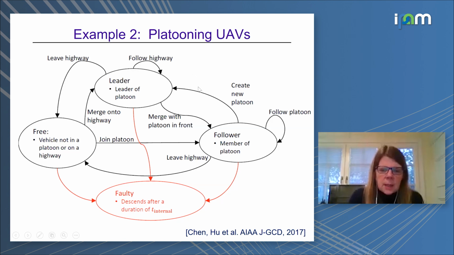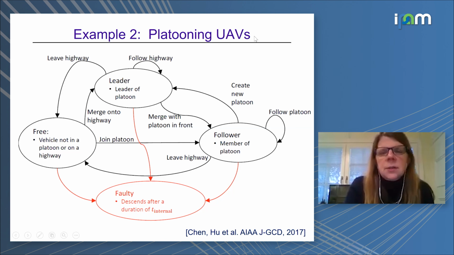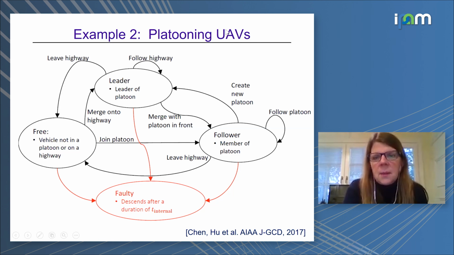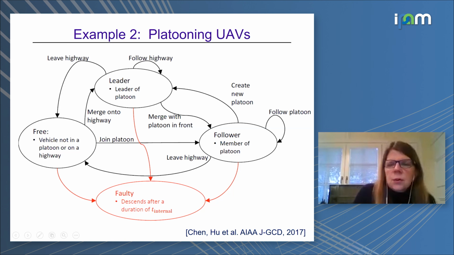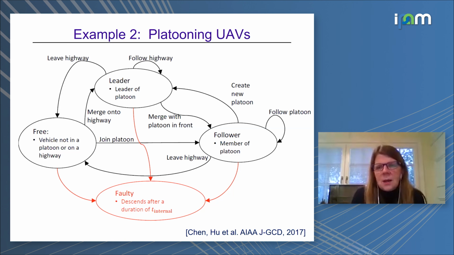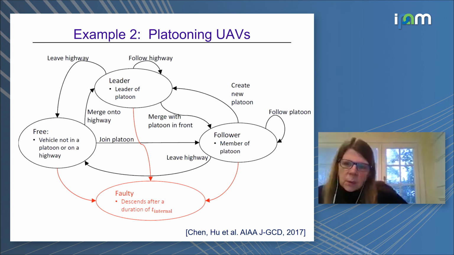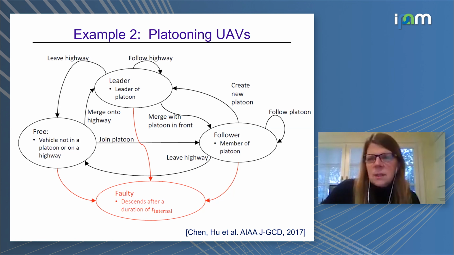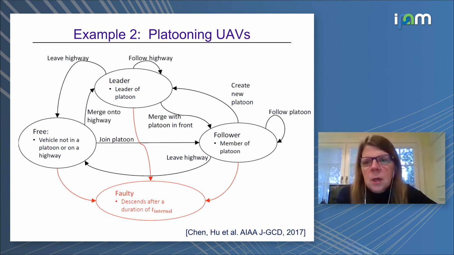So this is an example. As I said, Mo worked on this as part of his PhD thesis. There's an interest, as you've seen, of businesses using unmanned aerial vehicles to inspect structures or to deliver packages or do things like that. And NASA, the people who work on air traffic control, became very interested in thinking about how one would partition the airspace and develop